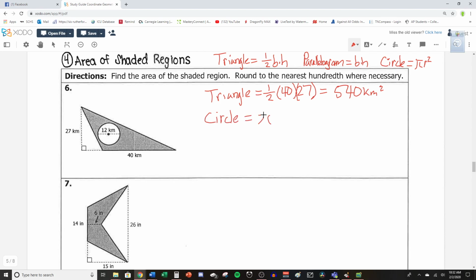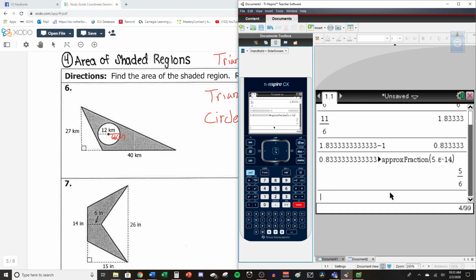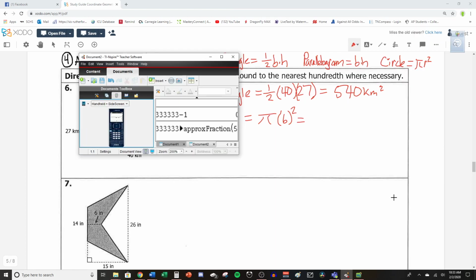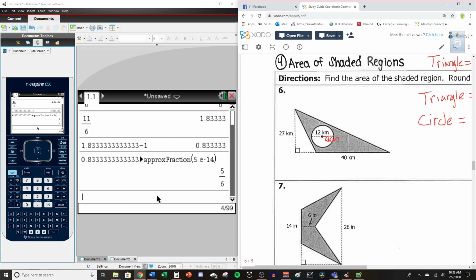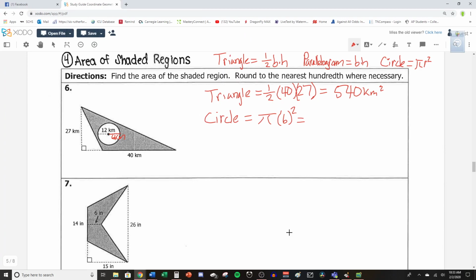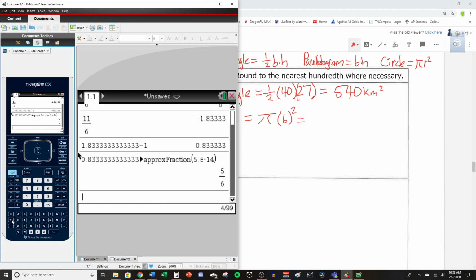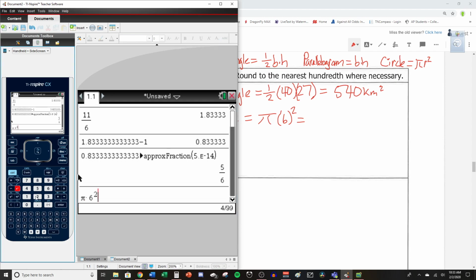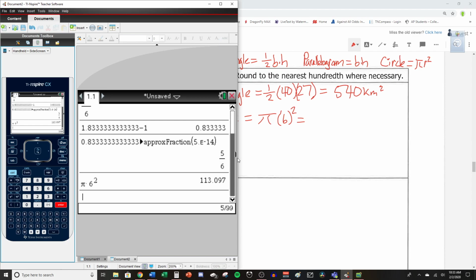Then I want the circle, which is pi times r squared. Well, this right here is the diameter, which is 12. So I actually want half of that, 6 kilometers. So r will be 6 squared. Let's do that. I'm going to need this calculator for this. So pi times 6 squared. I'll just keep that whole number. So that's